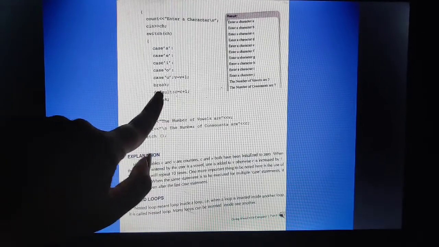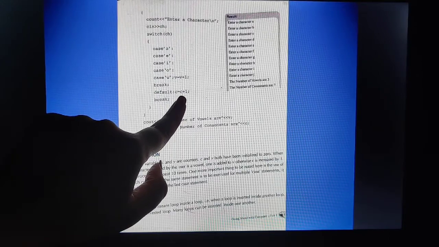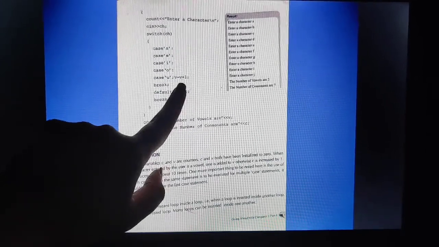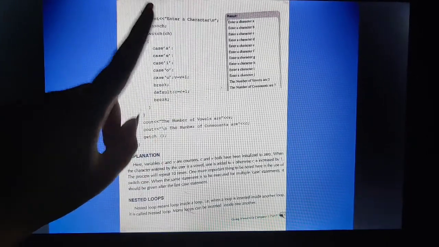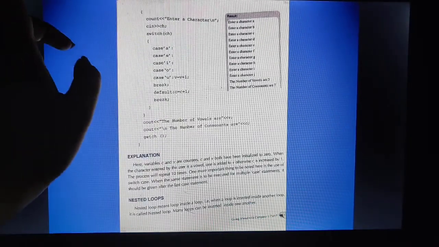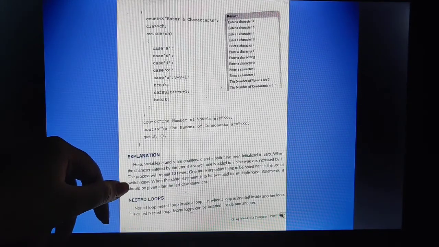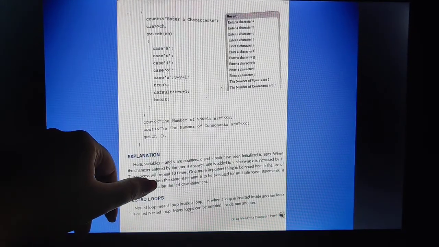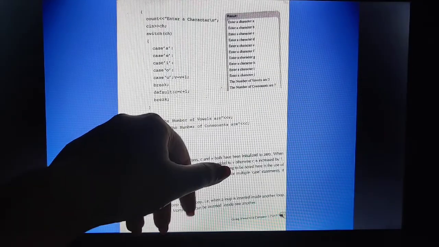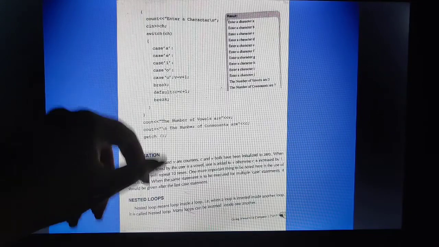Otherwise break will be there, and default is C equals C plus 1, and C is also initialized to 0, so 0 plus 1 will be 1. Otherwise the character will be 1. The process will repeat 10 times as we have seen in the loop. One more important thing to be noted here is the use of the switch case. When the same statement is to be executed for multiple case statements, it should be given after the last case